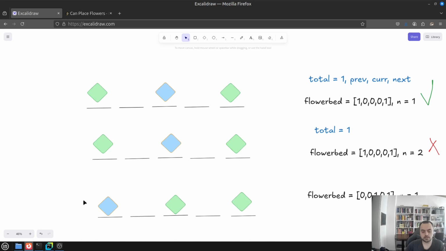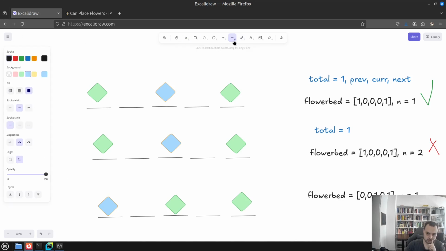So for the first element, we just need to check the second one, and if both of them are empty, we return true. And the same thing would hold for the end, so we would check the last 2 ones, and if those are empty, we can also return true. And it looks like our current algorithm is not handling that case. So what we could do to not add any special ifs is to extend